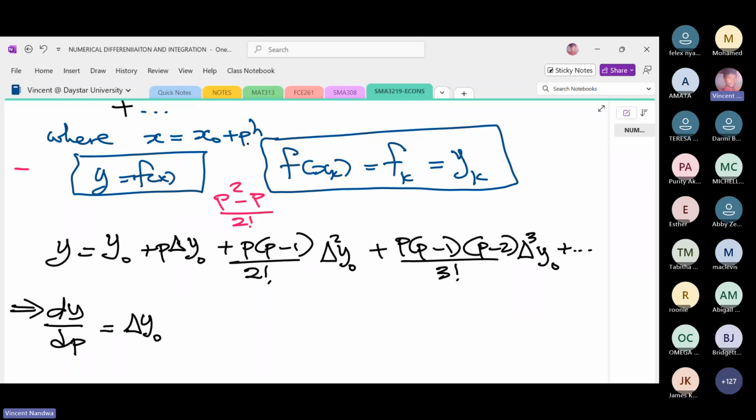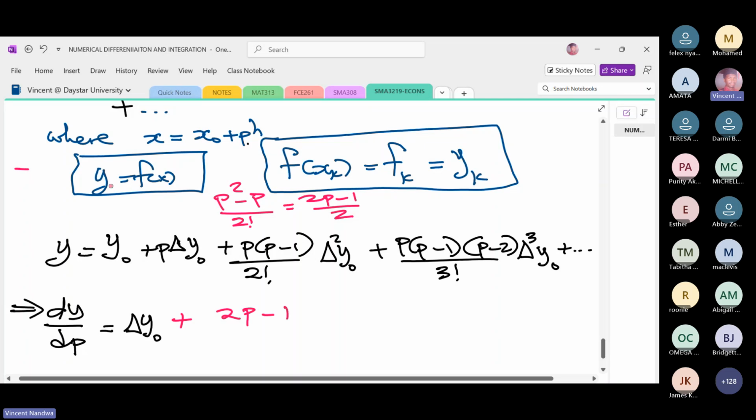So when you differentiate p squared with respect to p, you get 2p minus 1, then divided by 2 factorial, which is 2. So I'll have 2p minus 1 over 2, second forward of y naught, plus